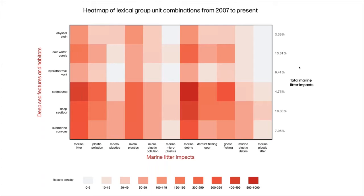However, not all of them were relevant, and obviously, I was pressed for time. So I decided to concentrate on deep sea floor and submarine canyons. So the combinations are within the blue rectangles. And I chose all the marine litter impacts except for the microplastic related ones, because I think microplastics are a